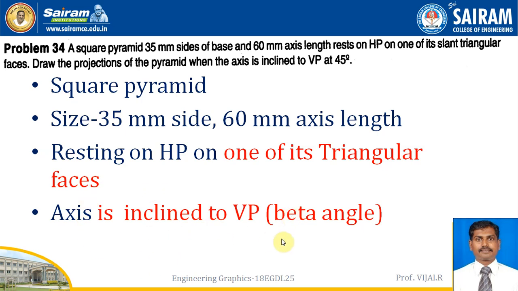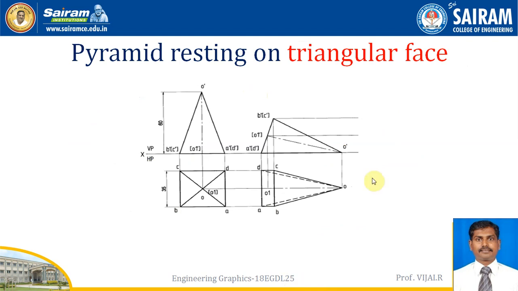So when it is resting on its triangular face as well as inclined to VP, that time we have to find the beta angle. If it is given as appears to be, then you can take the 45 degrees directly and we can tilt it, but here it is not given, so be clear, we have to find the beta angle over here. So first, pyramid resting on a triangular face. If the problem comes, what do we have to do? We have to keep it in edge position. It's a triangular face, don't forget this, triangular face and slant edges, don't get confused, right? Now we are tilting this.